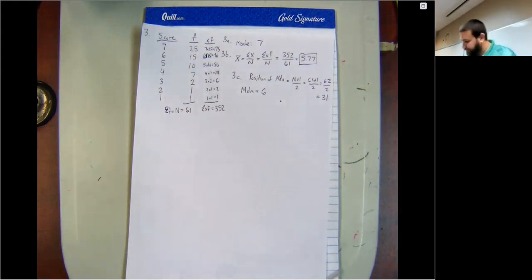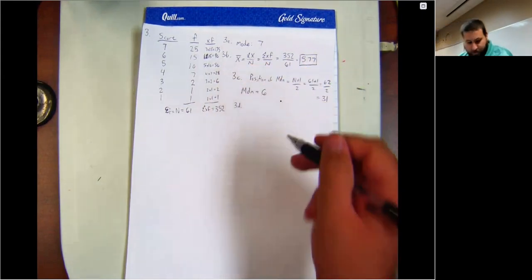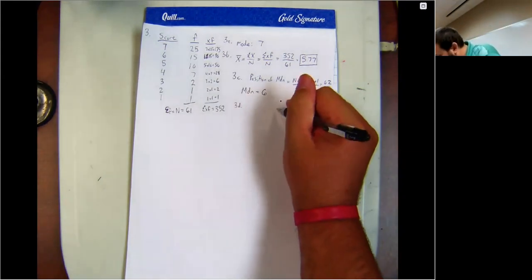Now, 3D. Draw a pie chart of the data. Now, you can do this. A pie is just a circular chart of the data. And I like to use percentages, because I think of the whole pie as 100%. And so I draw my circle,